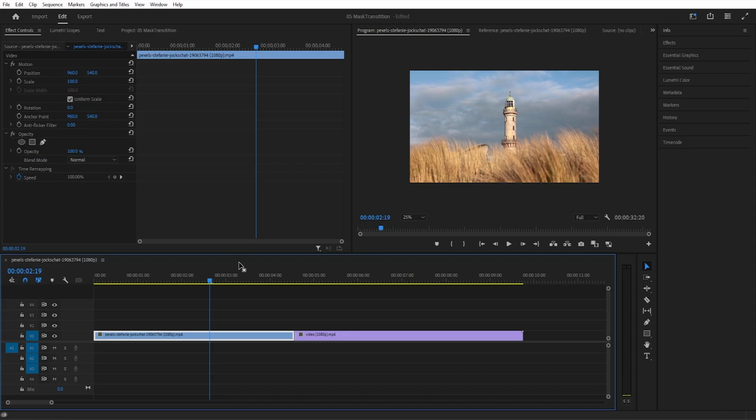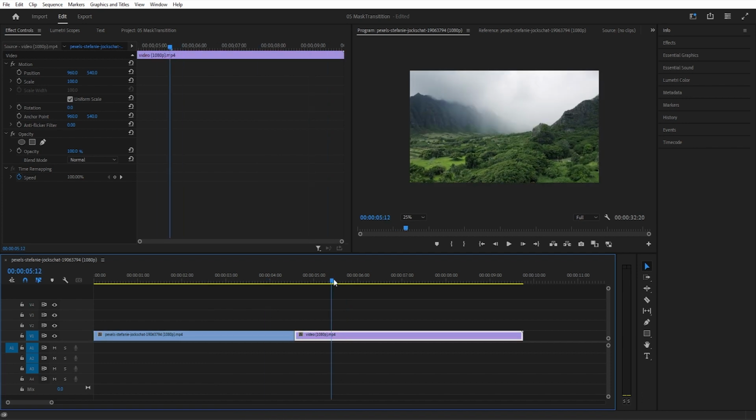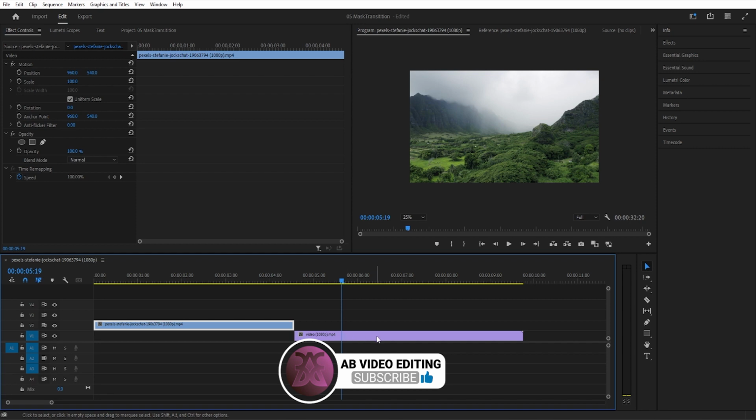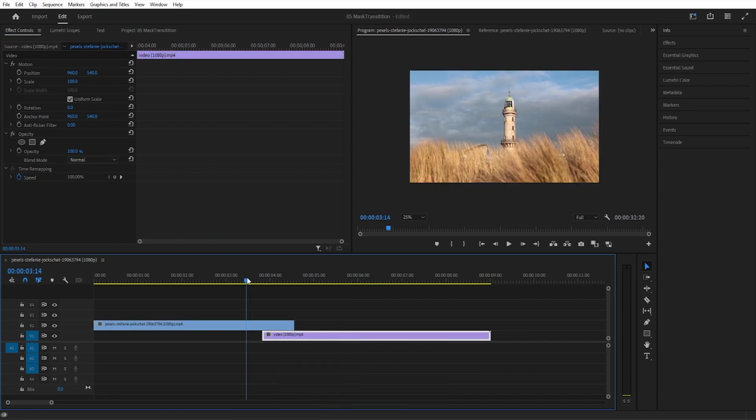Okay, here we are in the project panel. We've got two videos already in here. We've got this lighthouse and we've got this forest shot. We want to transition between the lighthouse to the forest using a mask. So I'm going to take this first clip, put it up on V2, and then overlap the start and end of them, position my scrubber at the start of the second clip, and make sure that the top clip is